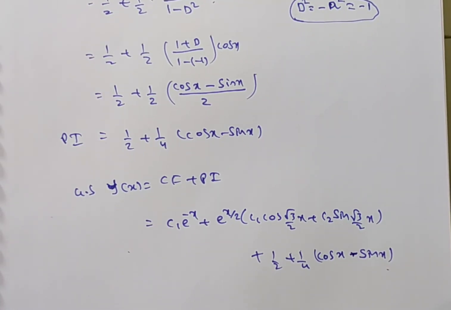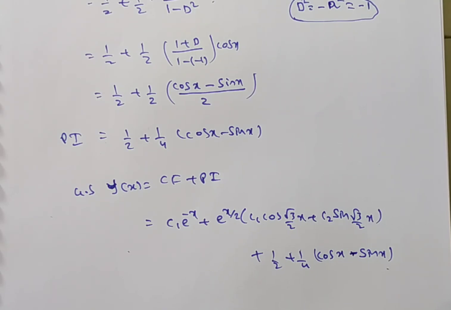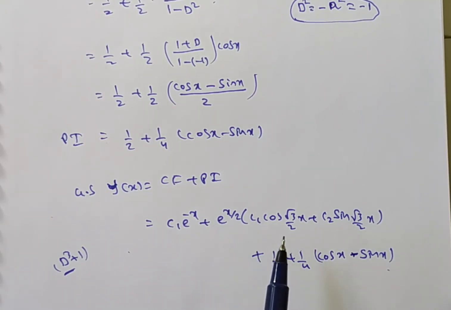So friends, you observe, in the general solution we have how many arbitrary constants? 1, 2, 3. Why we have 3 arbitrary constants means, here the given function is D cube plus 1. So it is a third order differential equation. So you will get 3 arbitrary constants. Sometimes they will give some conditions, initial conditions or boundary conditions. If conditions are given, from that we can eliminate these arbitrary constants: this is c1, this is c2, this is c3. Then the solution obtained is called the particular solution. Is it clear for everyone?